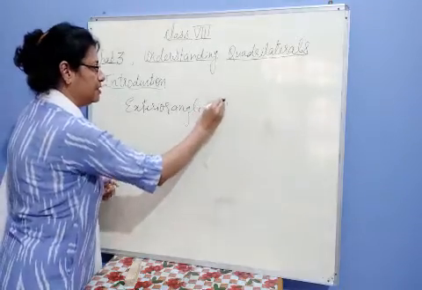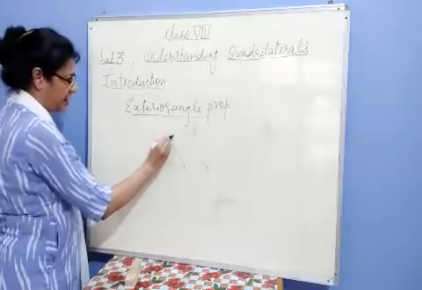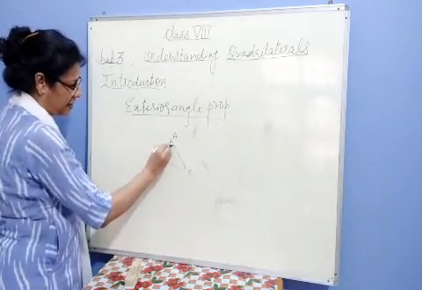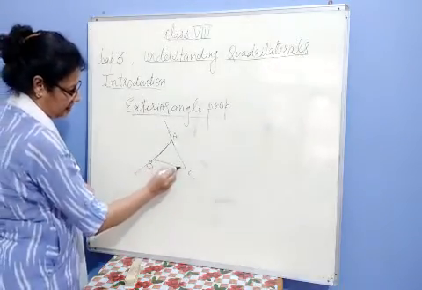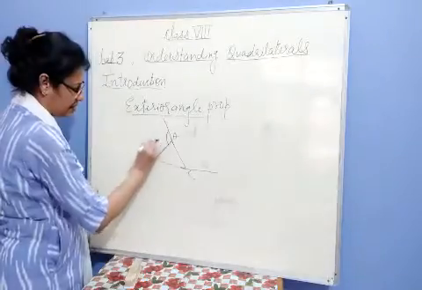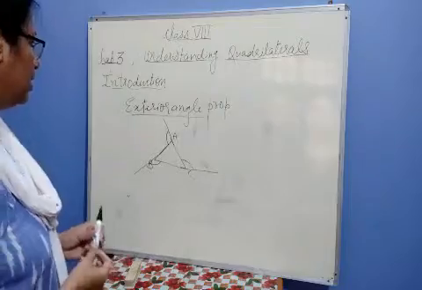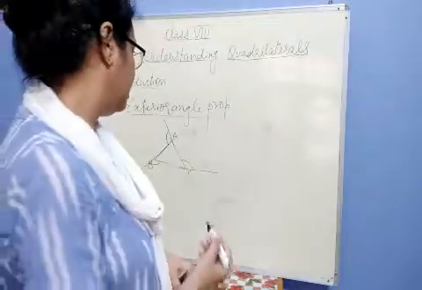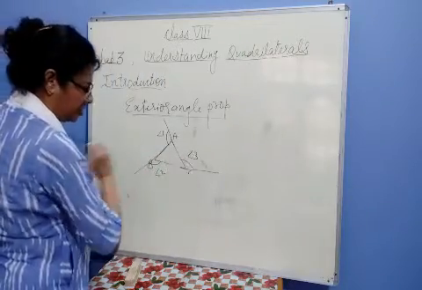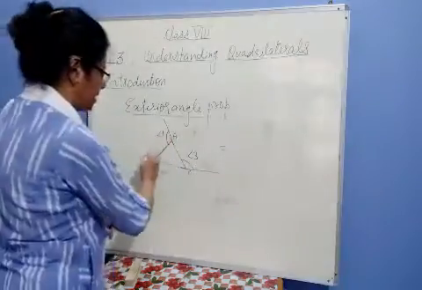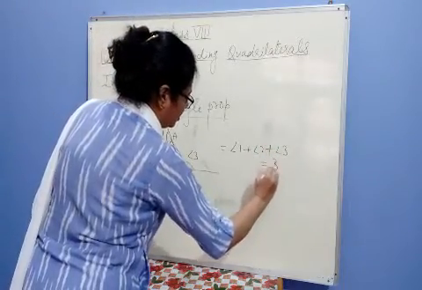For explaining this, again I am taking the example of a triangle. Children, we have a triangle ABC. If I extend this side of the triangle, similarly this side, similarly this side, then these angles formed are called exterior angles. Now this property says that the sum of all the exterior angles of polygons, the sum of these angle 1, angle 2, angle 3, is always 360 degrees.